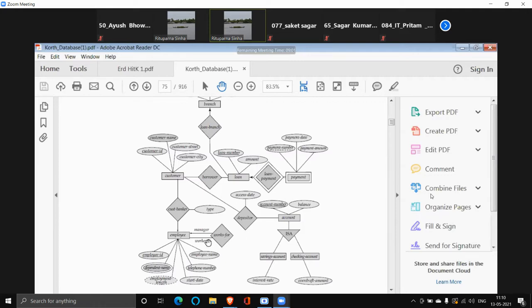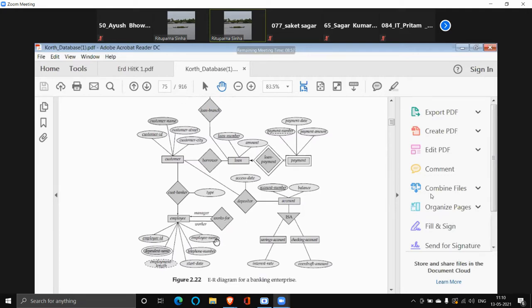Then I will come to the works for this one, which I haven't explained yet. Is it clear? Once I give you some more problems, it will become clear day by day. You practice ERD and then it will become totally clear. Don't get confused that you are unable to think so much. Once you practice, it will become easier.